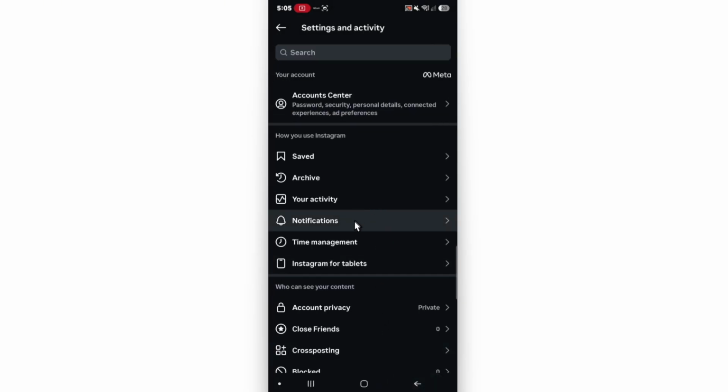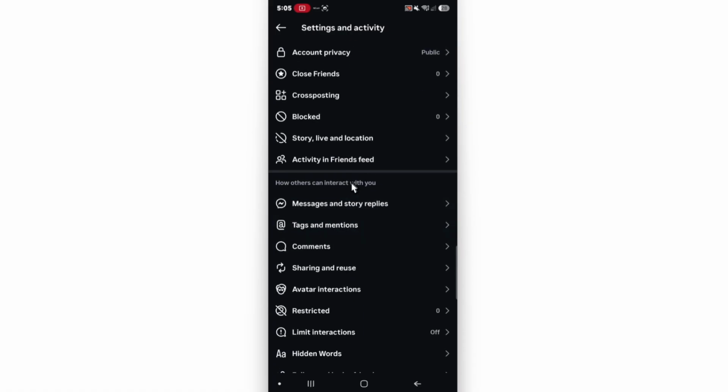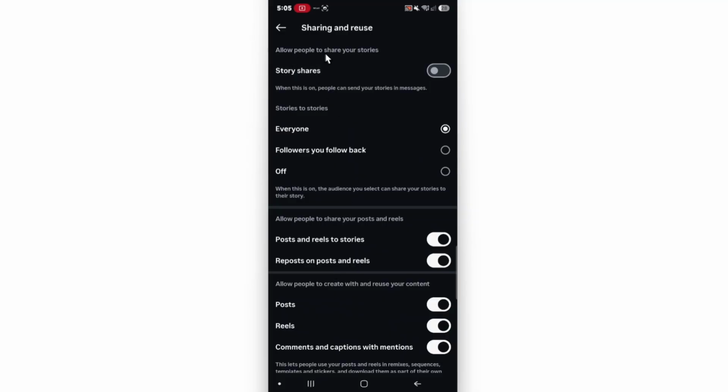Once done, scroll down and find how others can interact with you. In here, we have the sharing and reuse option. So go ahead and tap on it. And in here, basically allow people to share your stories, enable it, and stories to stories right here